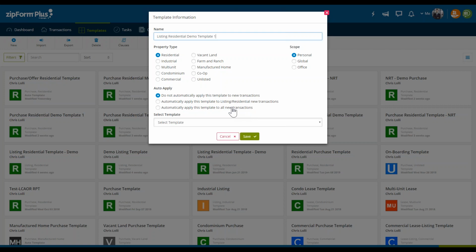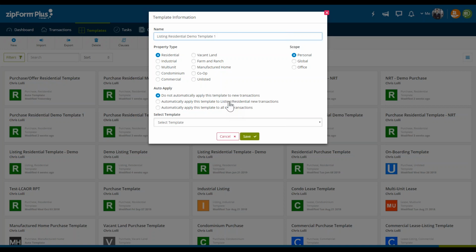Well, both are certainly useful, and let me give you an example of the number 3 option here. If you're working in, say, the commercial real estate space, or say just the residential real estate space, and you only work on the listing or the purchase side, you can create a template that is very broad, and it covers all of your listing forms, because you only work in that one real estate space and you want to save yourself time, just like everyone does. You have a very common set of forms, and you just make it populate on every new transaction you create. Okay, so you copy those same 5 forms, checklists, documents, what have you, and you're on your way.